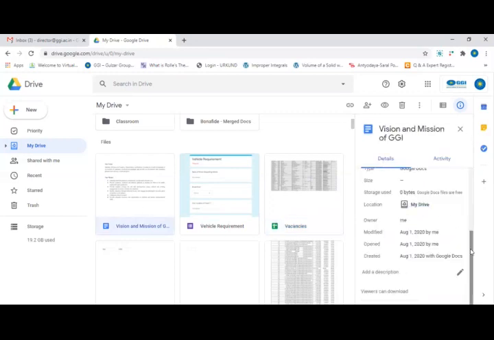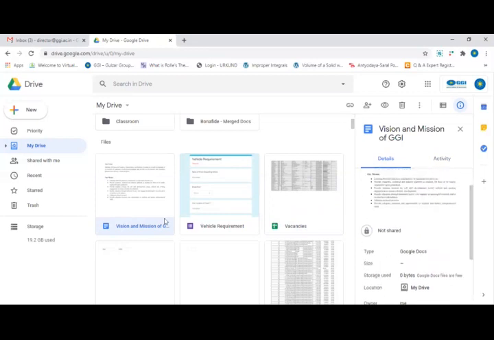So you can see when the file type is Word, the size of this particular file is 13 KB. When the type is doc type, this is basically Google document type, Google Docs, then size is 0.